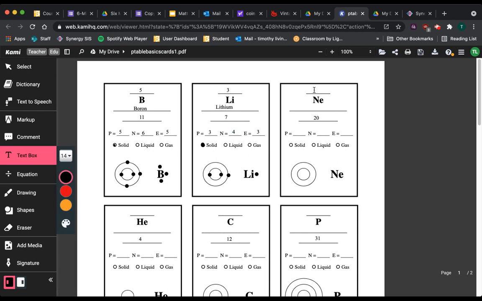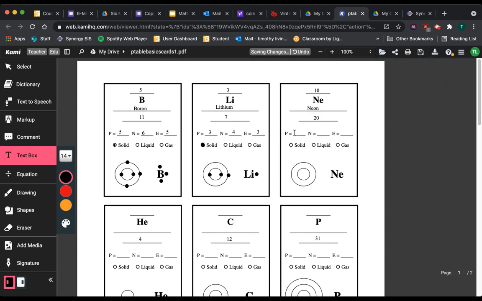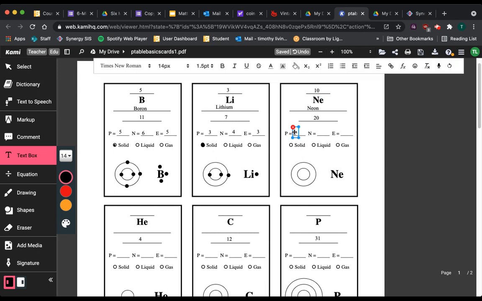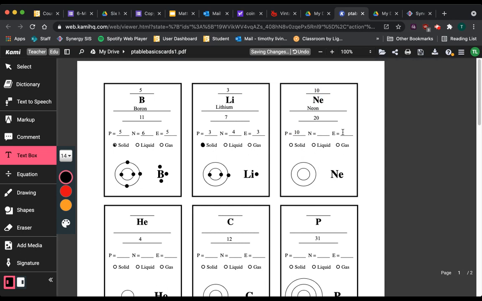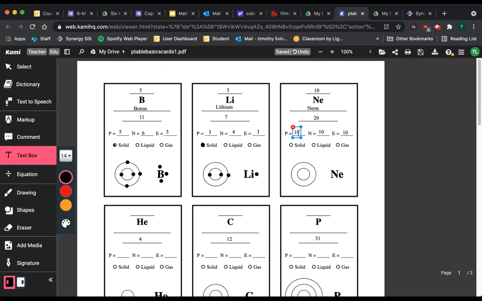So I look at my periodic table. I know that neon is number 10. E for neon. I've already put in the atomic mass there. If we have 10 for the atomic number, I know that I'm going to have 10 protons, 10 electrons, and I can see really easily here that in order to get to 20 for my atomic mass, there must also be 10 neutrons. I have 10 protons plus 10 neutrons would equal 20 for my atomic mass. Neon is a gas,